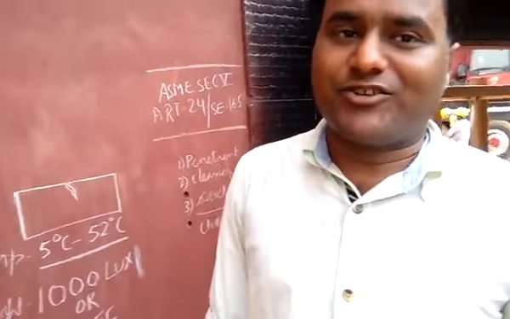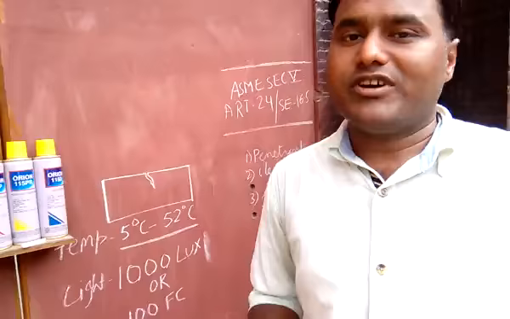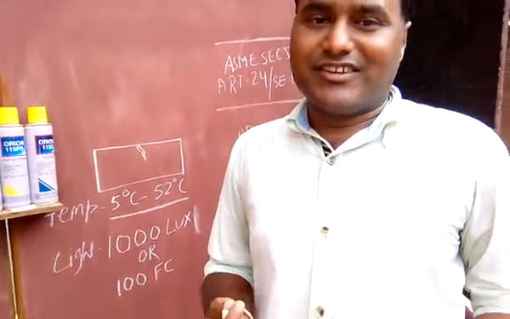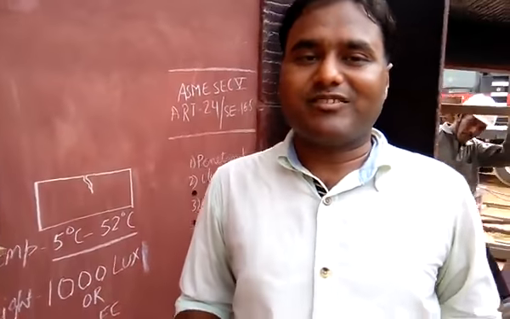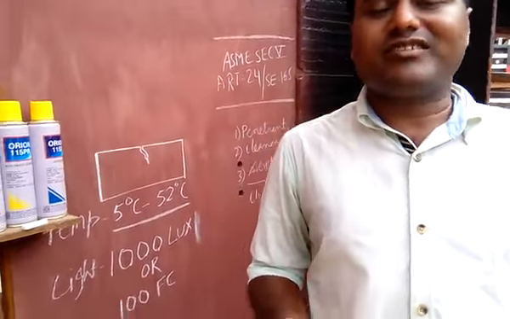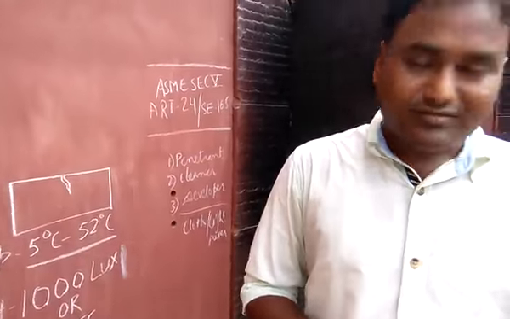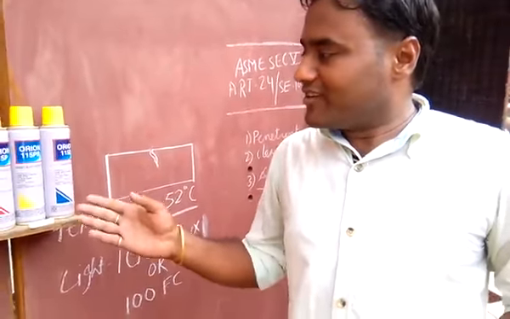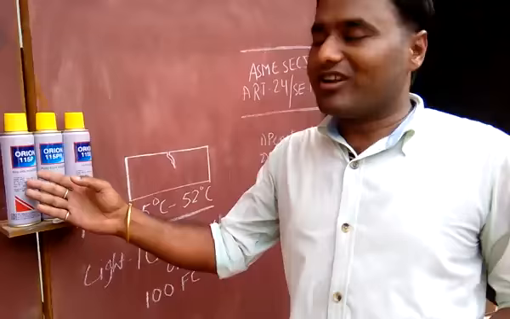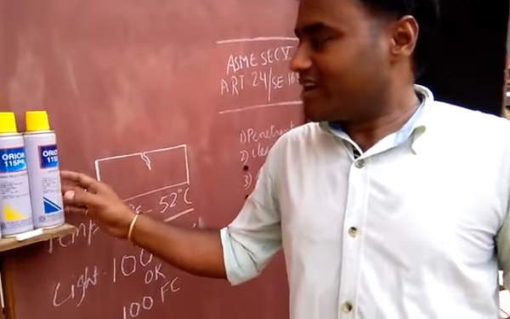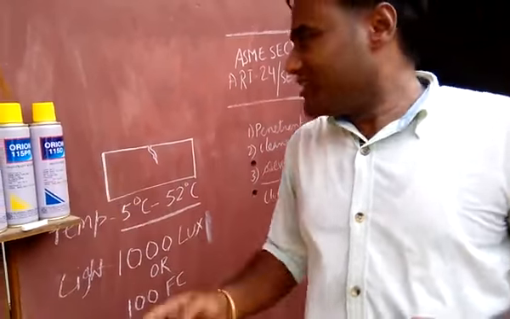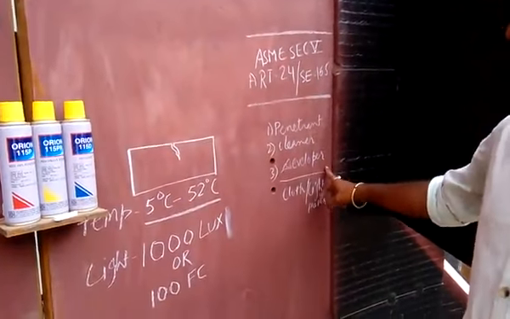Hello friends, today I am going to show you how to do dye penetrant test. Dye penetrant test is one of the oldest, simplest but very efficient non-destructive tests. For dye penetrant test we need red dye penetrant, simply called penetrant also, penetrant remover or cleaner, and the third chemical is developer. We need three chemicals: penetrant, cleaner, developer.